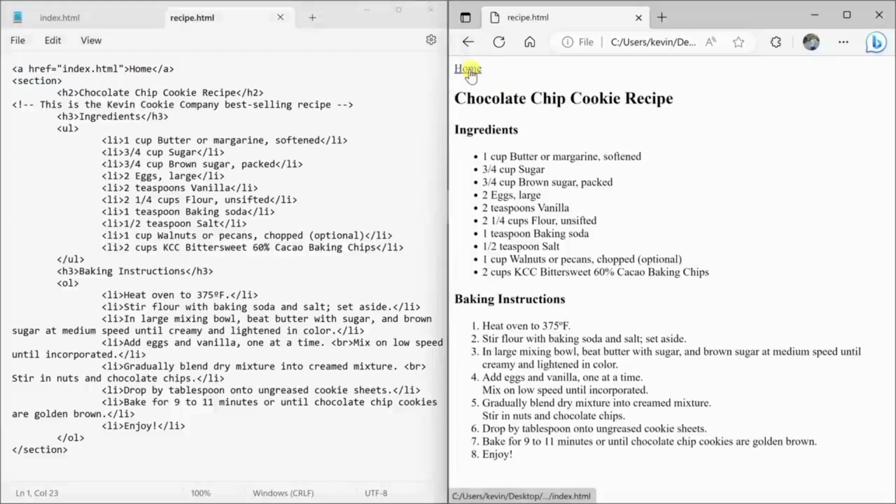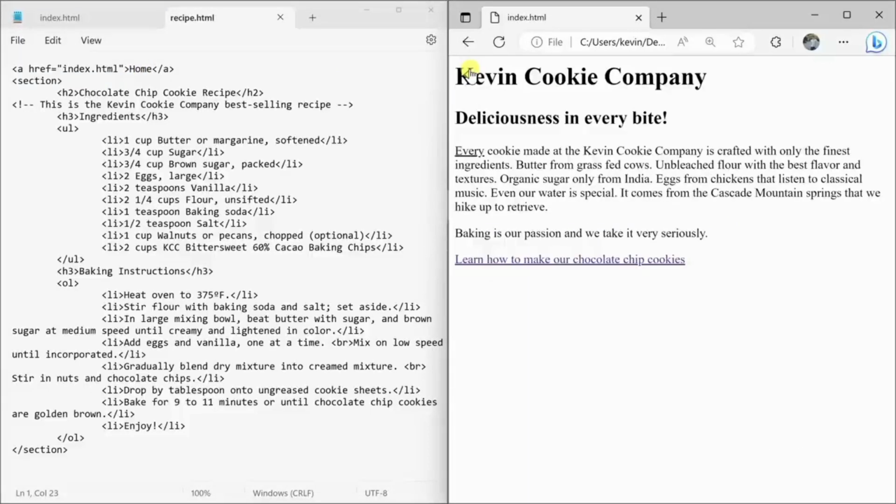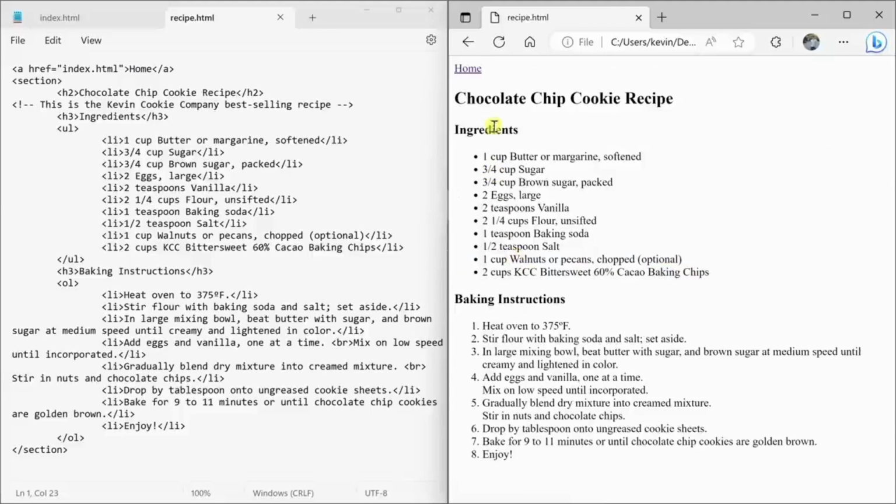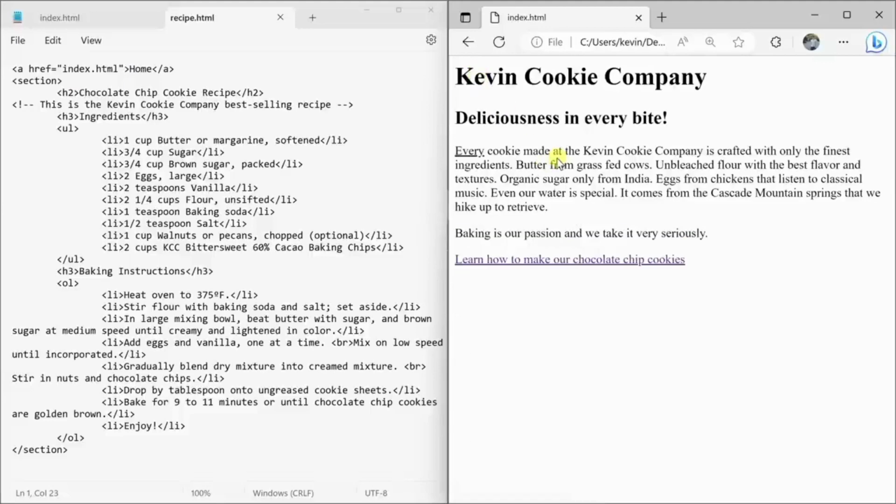And now I have a link that goes back home. So I could click on home, I'm back on the home, and I could click back and forth between my different pages. This way, you can help people navigate throughout your website. The website really has some fantastic and valuable content, but what would bring it to that next level is if